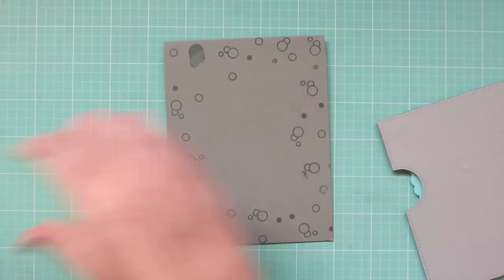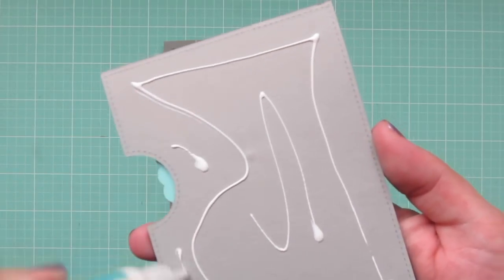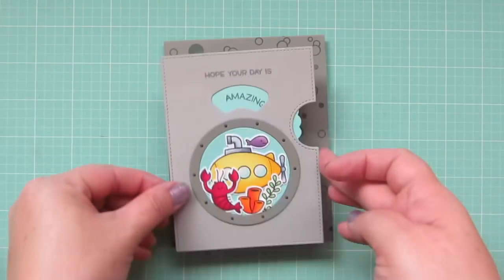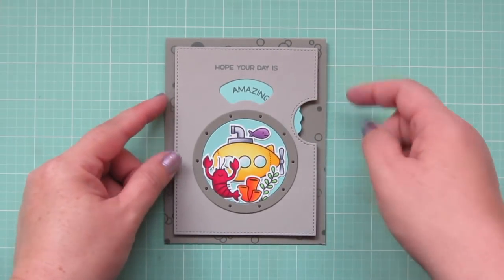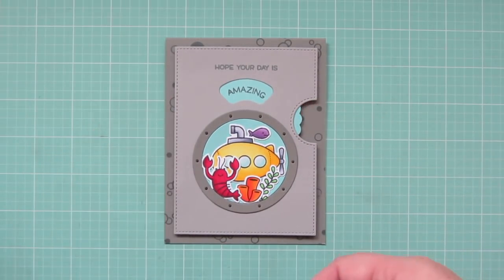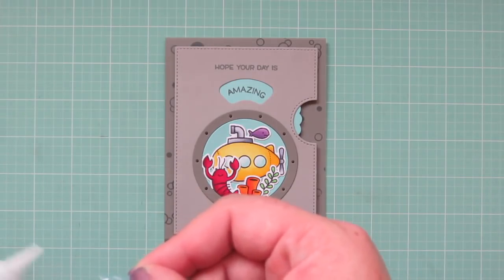Still using that Lawn Fawn glue tube. I've been testing this out for a while lately, and I really do like it. It gives you a really nice thin bead of glue and a super strong hold as well. So I'm just going to line that up on my card front,